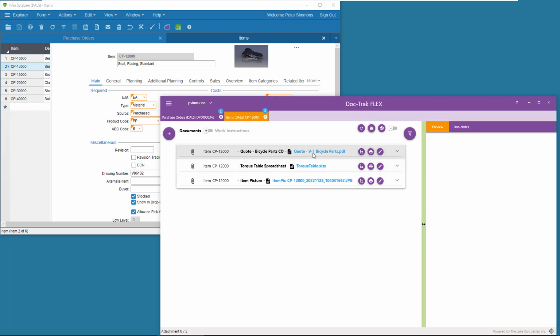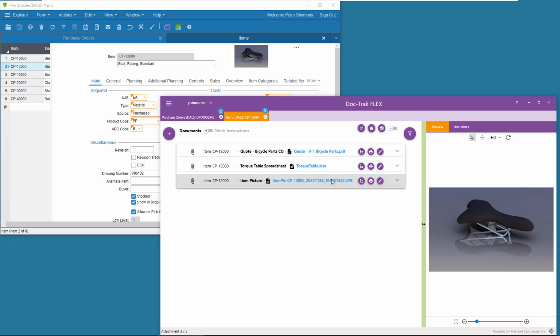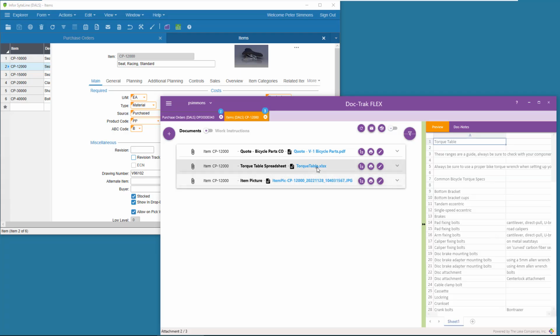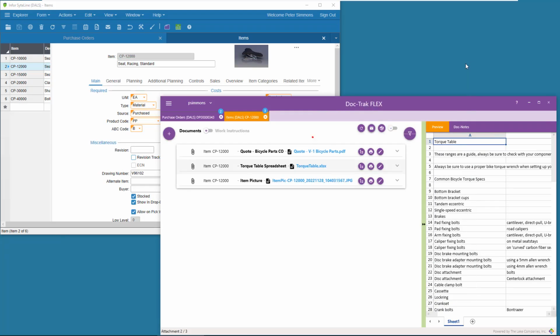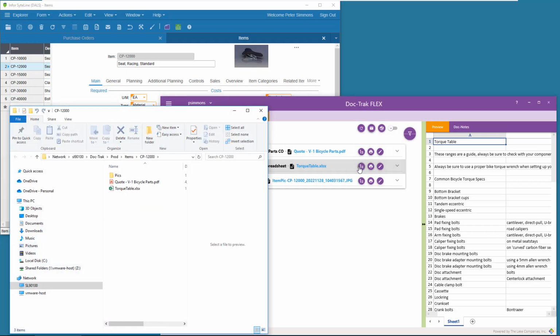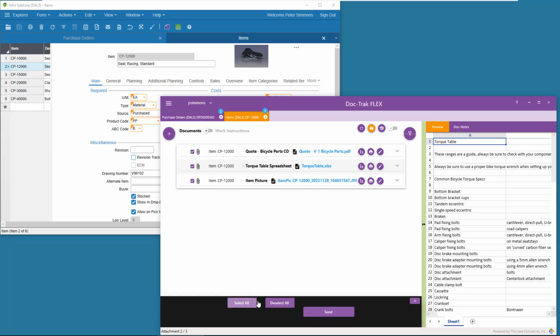You can select the attachment to see a preview of it, or double-click it to open it in its associated program. Just select this icon to quickly open the folder where the file exists. Or use this button to instantly create an email with one or more of them attached.